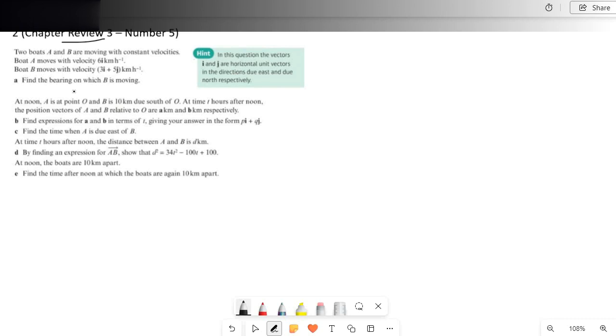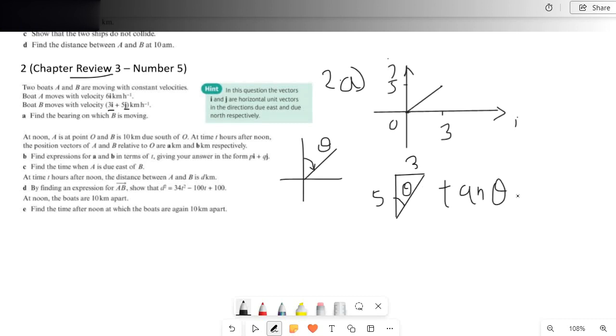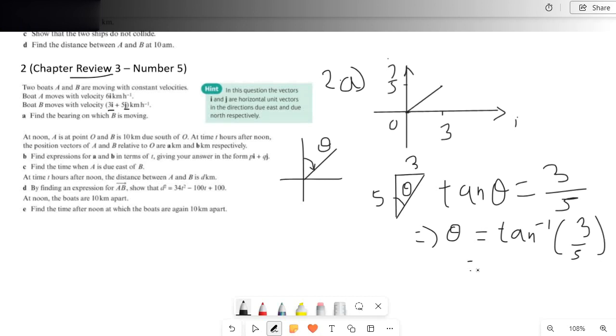And for part A, we have to find out the bearing on which B is moving. For 2A, because we know that the bearing is always measured from the north clockwise, in this case we can say the bearing should be this angle theta. So if we use a right angle triangle like this, we can say that this side is 5 and this is 3. If we consider this being theta, we can use tan theta equals 3 by 5, and so using the calculator, tan inverse 3 by 5 or arctan 3 by 5, we are supposed to get